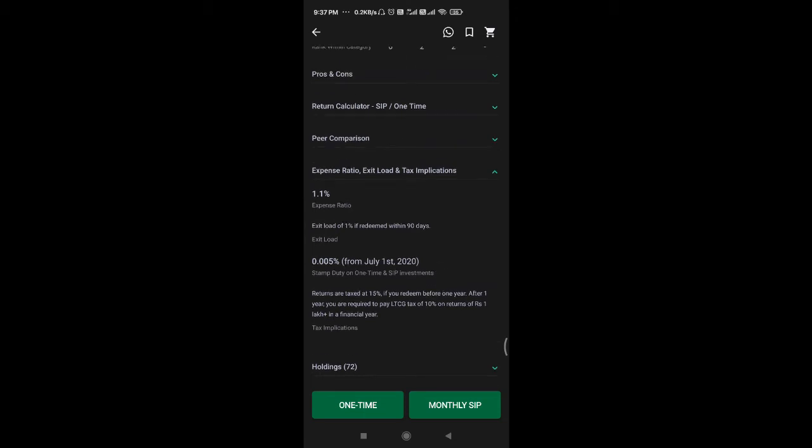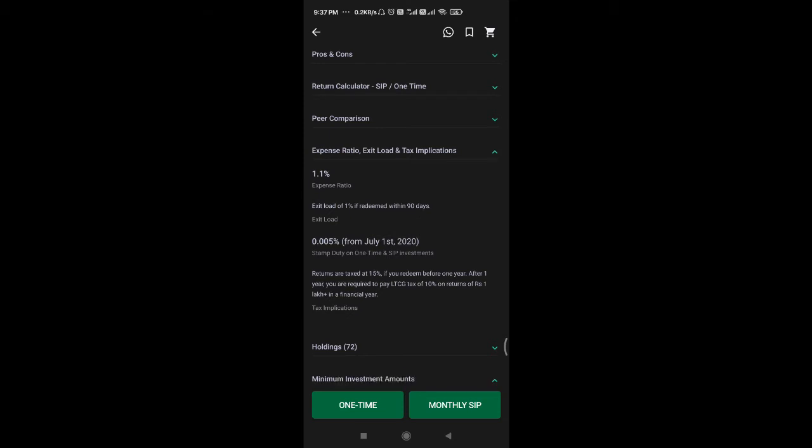It is very important. If you are investing for the first time, then definitely you will get confused. It's not like if you invested 5000 or maybe 10,000, and another day you want to withdraw, like an FD, if you want to break the FD, then you will get all your amount. Here it is not like that. You have to check the exit load. So 1% will be deducted.